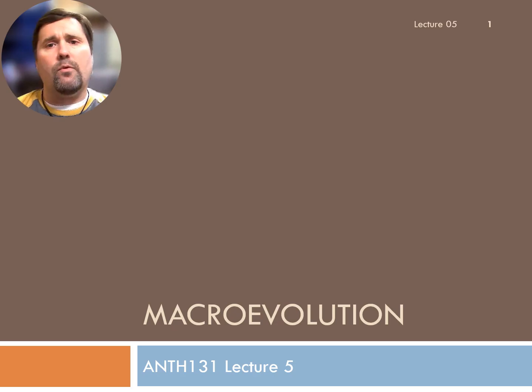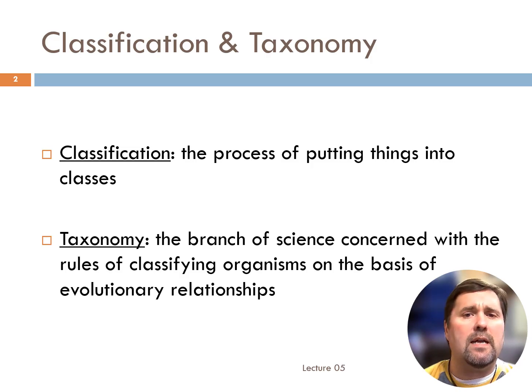So to begin with, if we're studying macroevolution, and macroevolution is the creation of new species, it should be obvious that we really need to understand the species concept and how species can be identified and described. The first thing we need to cover then is biological classification. Classification, of course, is just the process of putting things into classes. Taxonomy is the branch of science concerned with the rules of classifying organisms on the basis of evolutionary relationships. To put it another way, taxonomy is the study of how to do classification of living things in the best,